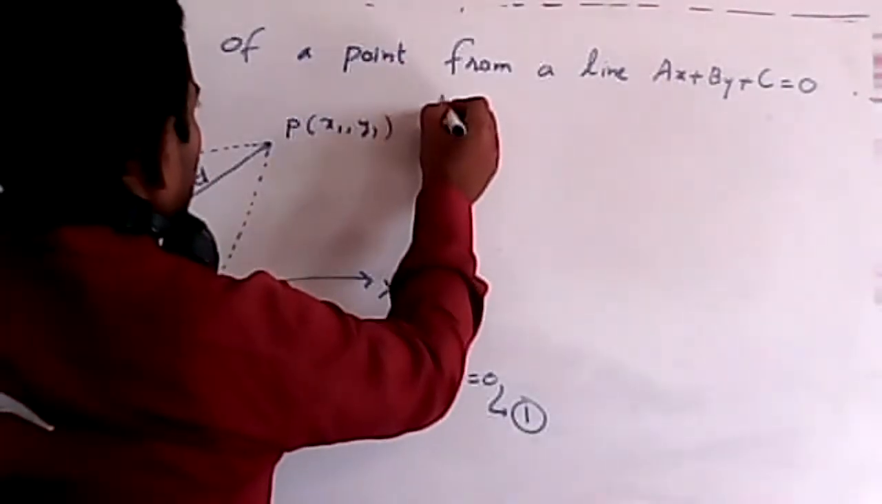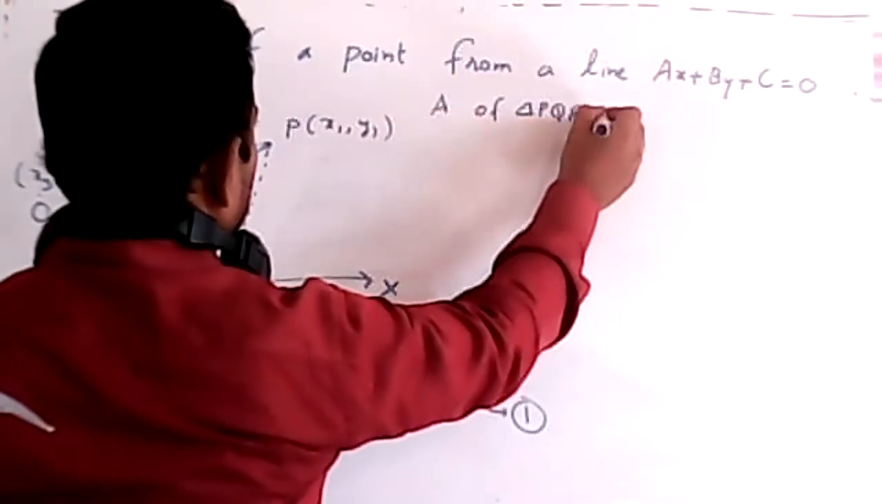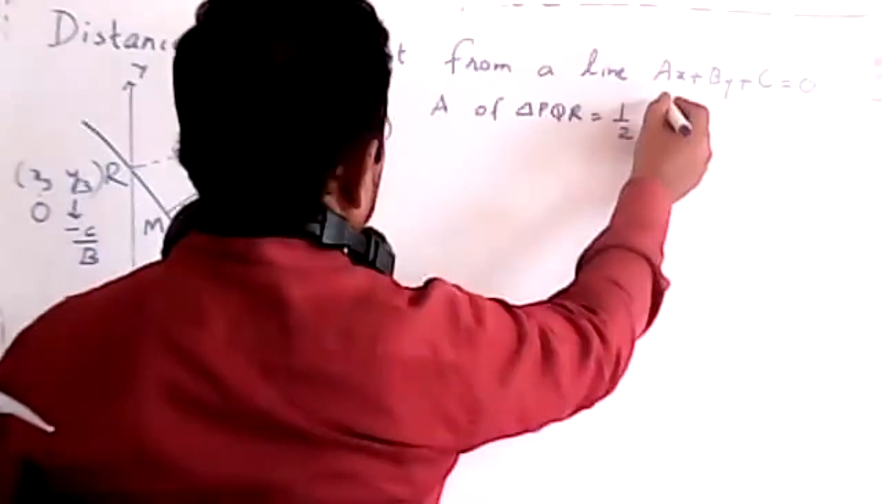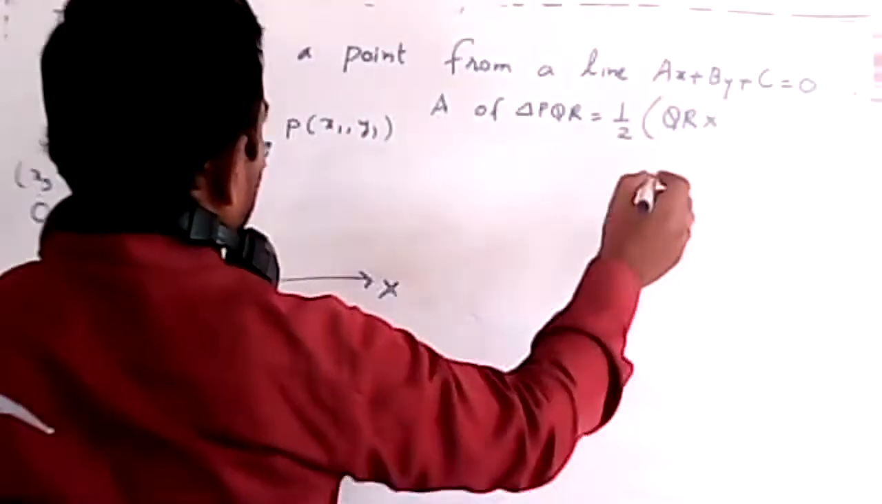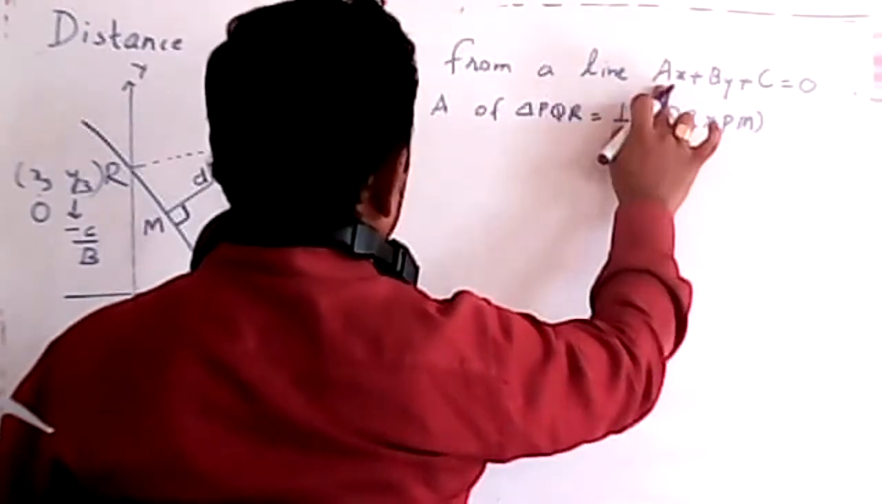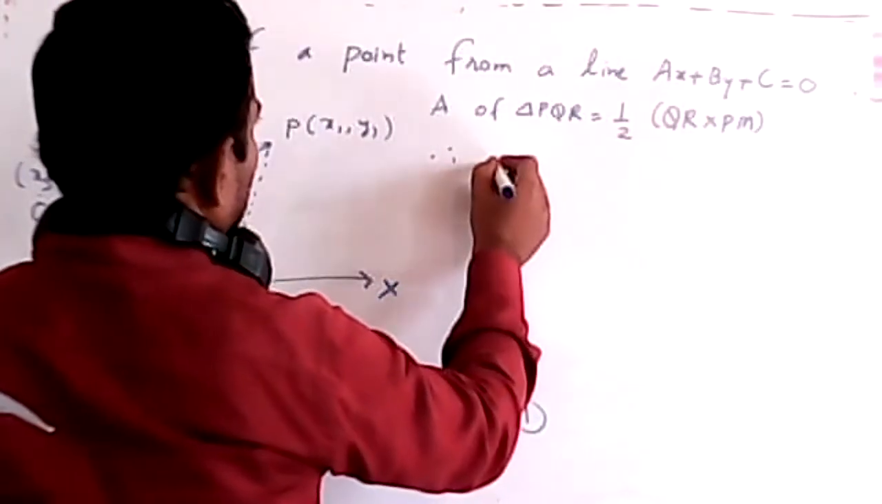So area of triangle PQR is equal to half into base into height. Base is QR. Height is PM. But my intention is what? I want to find PM. Therefore, I will tell